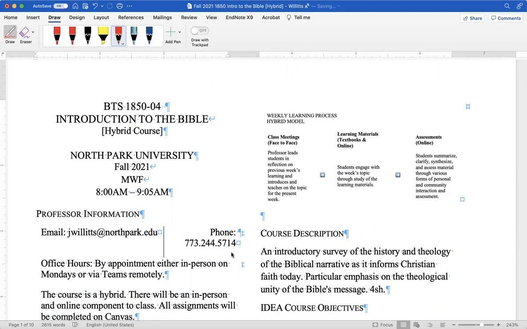What is this course? Well, very simple. It's an introductory survey of the history and theology of the biblical narrative as it informs Christian faith today. According to the catalog, particular emphasis is on the theology, the theological unity of the Bible's message. There are 3 categories here that I want to emphasize